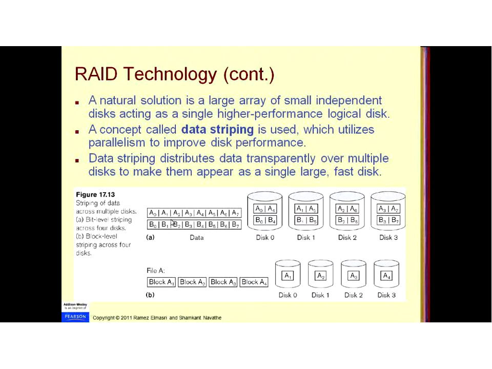Like here you can see that in figure A, we are doing bit level striping across 4 disks. You are striping this data across disks 0, 1, 2, 3. So you are using 4 disks to keep your data. And when you are using a file and not binary data, you can perform block level striping across 4 disks. A file has multiple blocks, so for the same file, you can keep blocks on multiple disks, and you can access them in parallel.